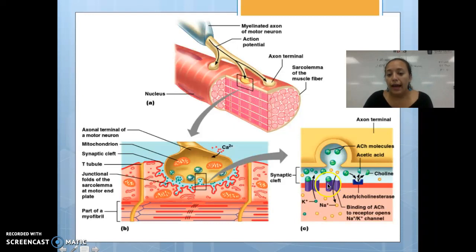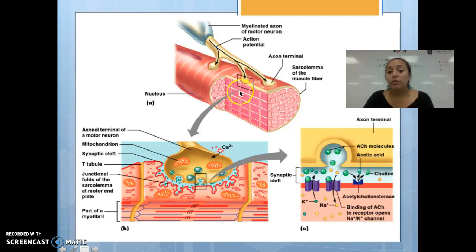Okay, when that happens, it changes the charge of your sarcolemma, and it's going to cause sodium to start flowing in. Okay, when sodium comes in, it's going to change the charge again, and that causes the potassium inside of the cell to start flowing out of the muscle fiber. This flow of ions is what that action potential is, and now you've got this energy, and the energy is inside the muscle. Next, we're not going to go through this now, I'm going to stop because it's a lot, and we're going to practice, but now all that action potential is going to go inside and then cause